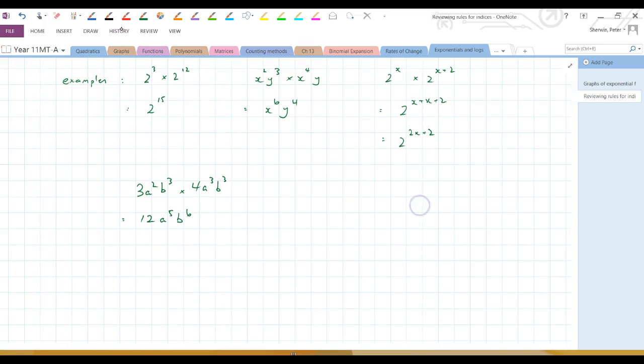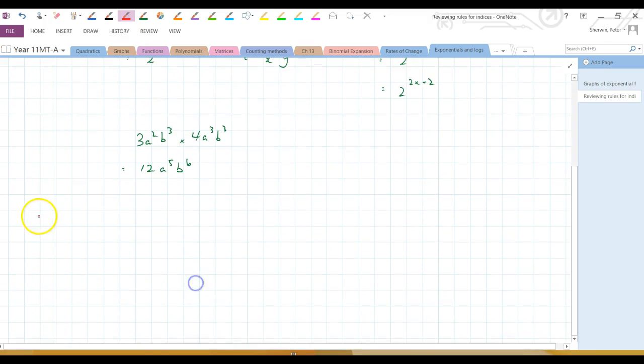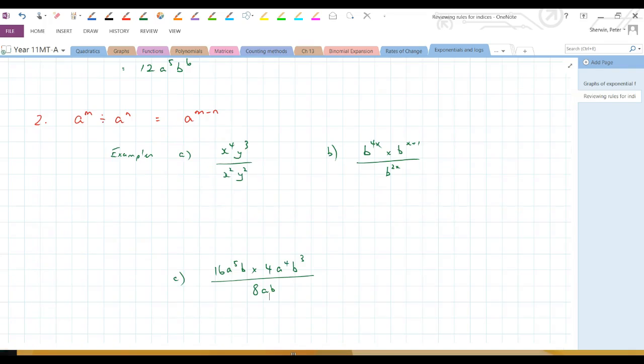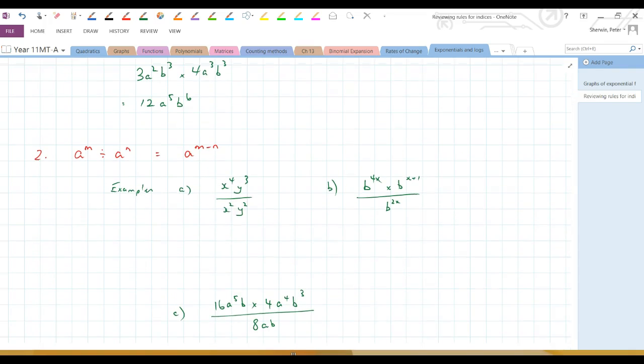Okay, our second rule is the division rule. A to the m divided by a to the n. Bases are the same. We subtract the powers, don't we? A to the m minus n. Okay, so that's all fine. We'll do a couple of examples there. So we'll simplify. We'll look at some examples. Okay, just pause there so to get the examples down. Okay, so we're going to use this